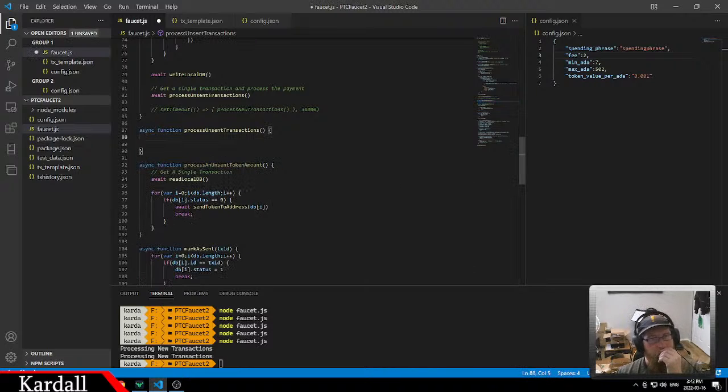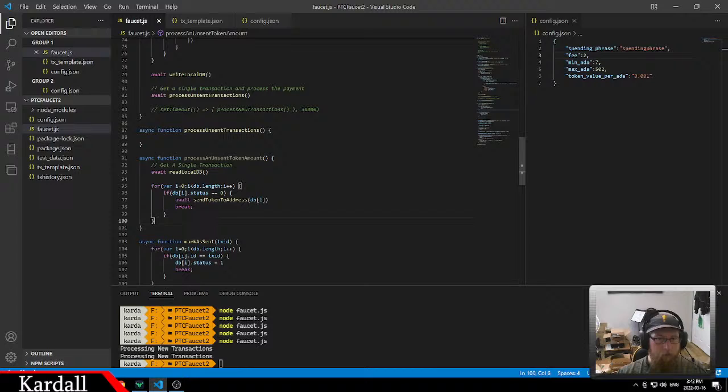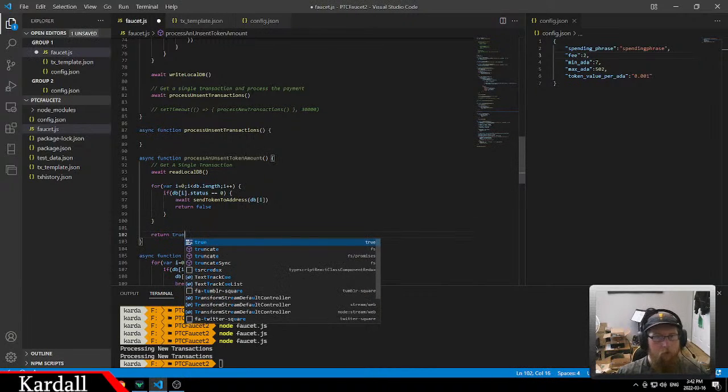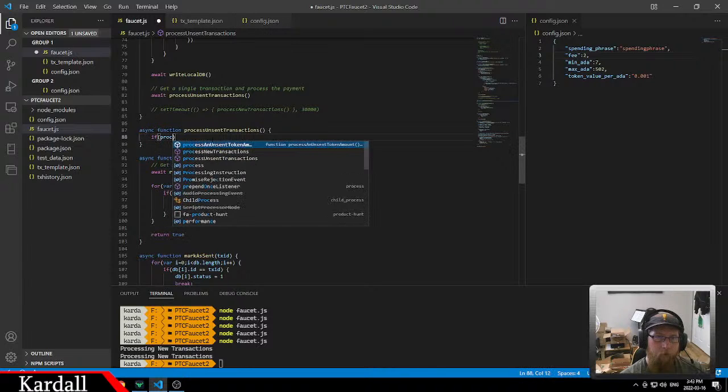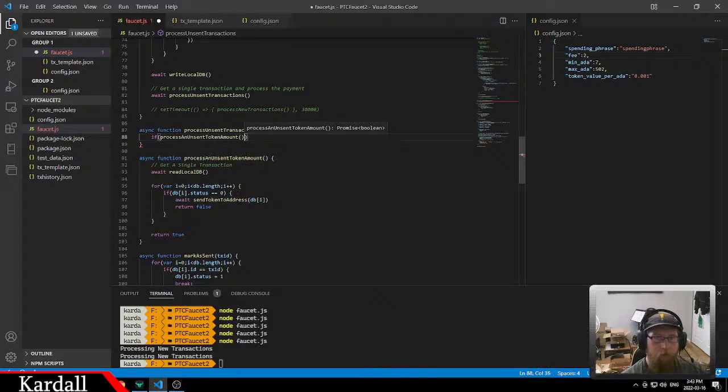Since this is doing the function to pull one and send one, we're going to go here and we're going to return false. Alright. And then we're going to return true. Okay, so while, can we do like, if processUnsentTokenAmount